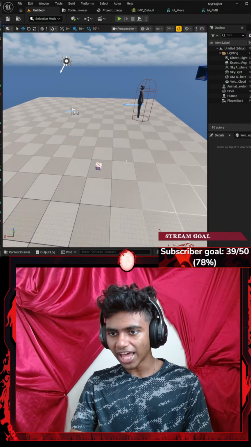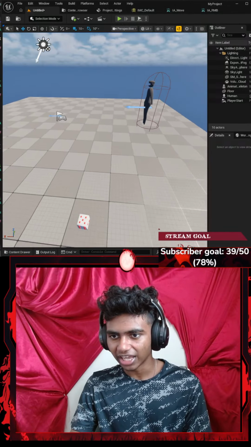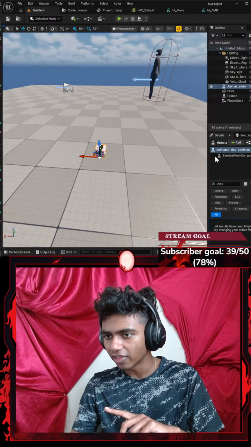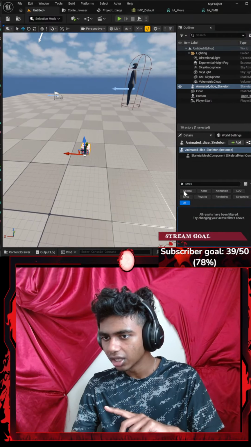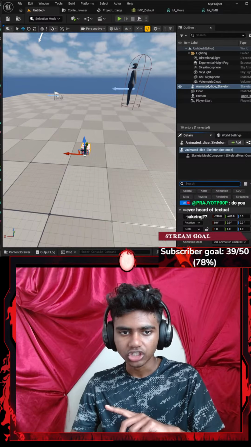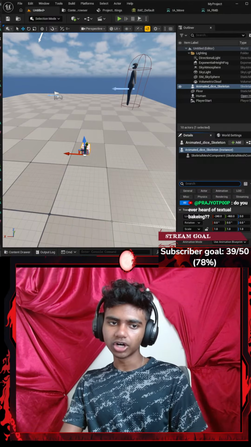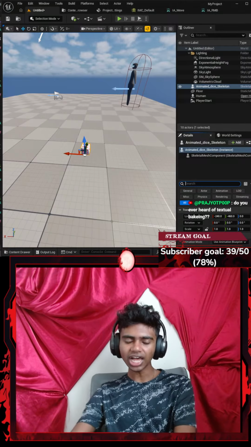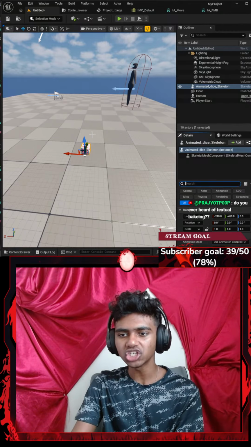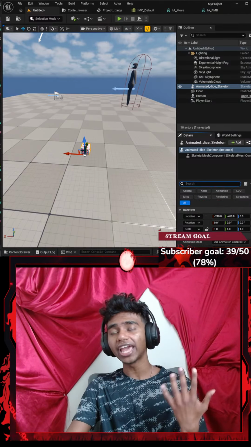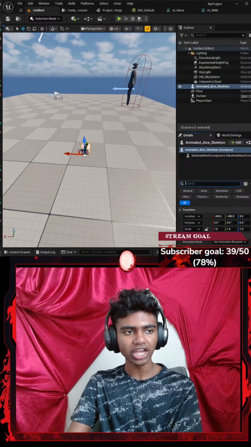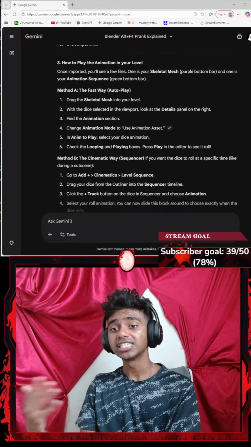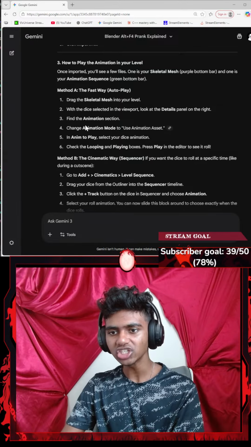Because if animation actually works in Unreal Engine, if I get it to work, that's going to be really, really cool. Okay, so this is my skeletal mesh here, and in my details tab I've got to do something. Have you ever heard of texture breaking? Actually, I think I've heard of that, where my textures don't load. It's when I load my FBX file that my textures don't actually load. That's the reason I started loading GLB files, because with those I can actually see my textures on my screen, or my meshes.